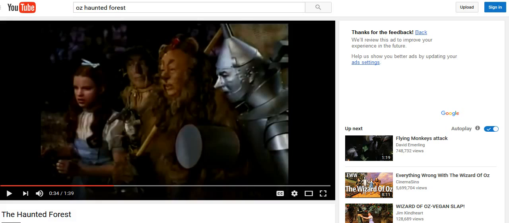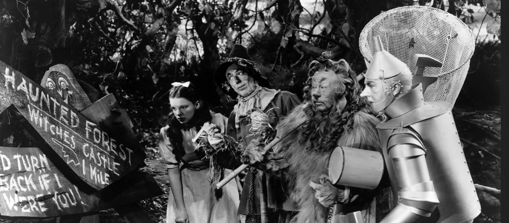So, you know, this is just one of several examples. But it's something I noticed. I don't understand why we've got images. And again, if somebody has knowledge of Wizard of Oz, some type of Wizard of Oz buff or historian or something like that, just let me know, so I can kind of get past this and move on to something else.